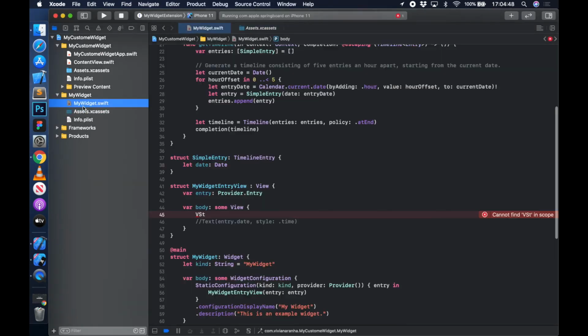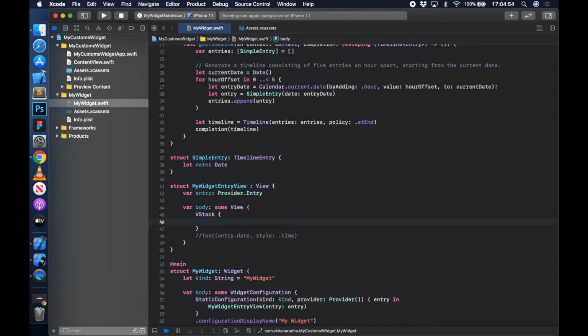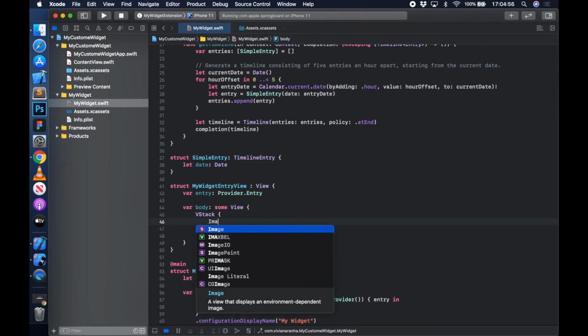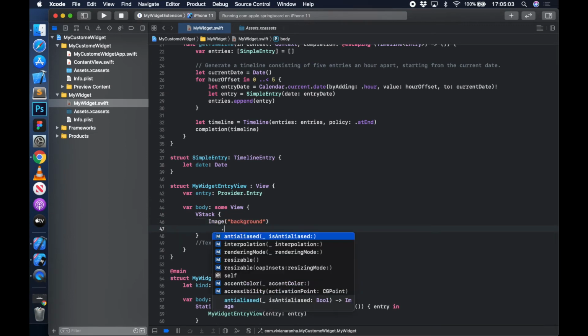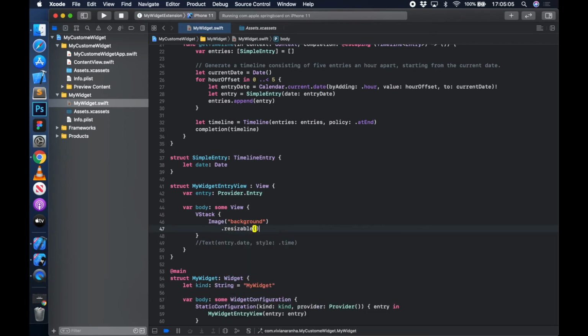I'm going to go back here and create a VStack, and I want to use the background image as the background. So I'm going to say image for background. Now if I run this, it will probably try to fill the scale based on the image.